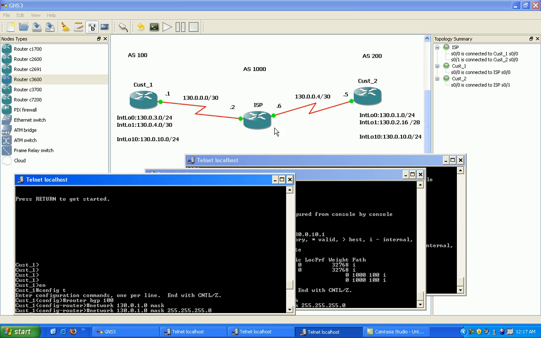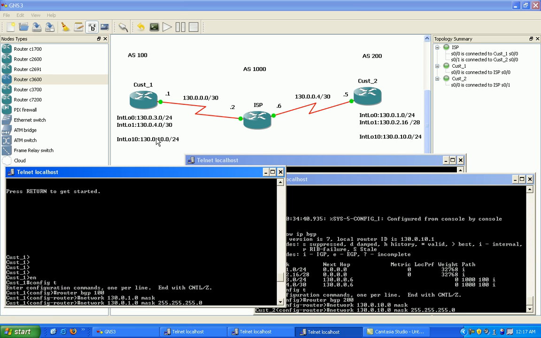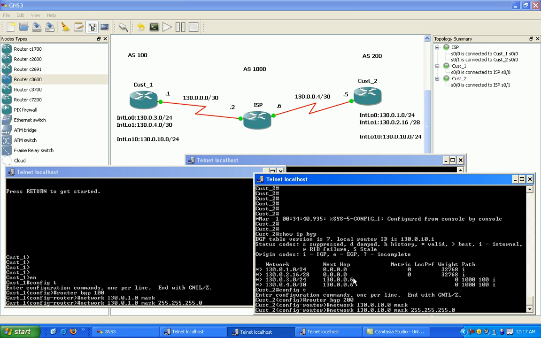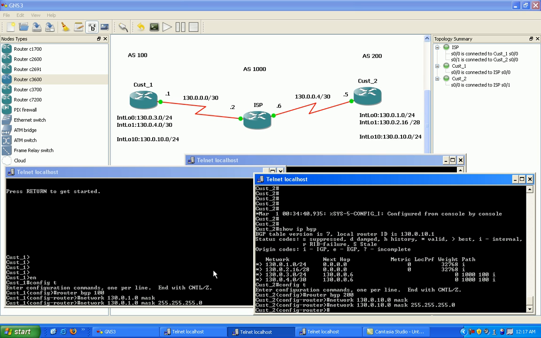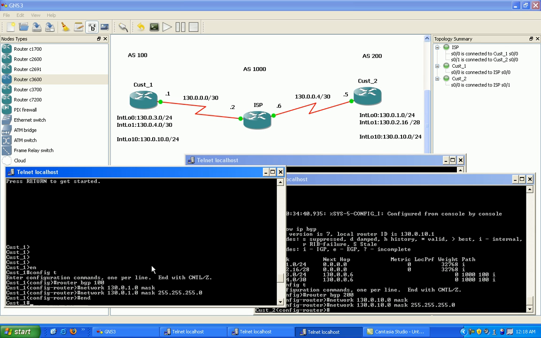So this could be devastating really to the ISP network, because it's seeing 2 different autonomous systems advertising the same network, and that should never happen. And that's one of the things with prefix lists: we can filter out these unwanted advertisements from our customers. So I go ahead and hit enter on both sides, on customer 2 and customer 1. Now they are sending me